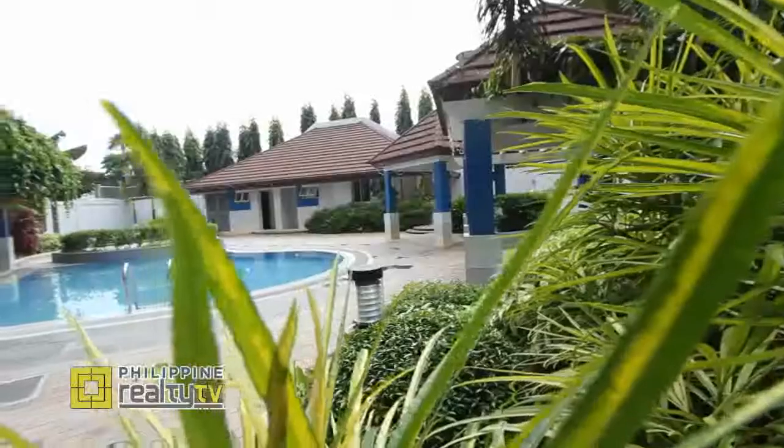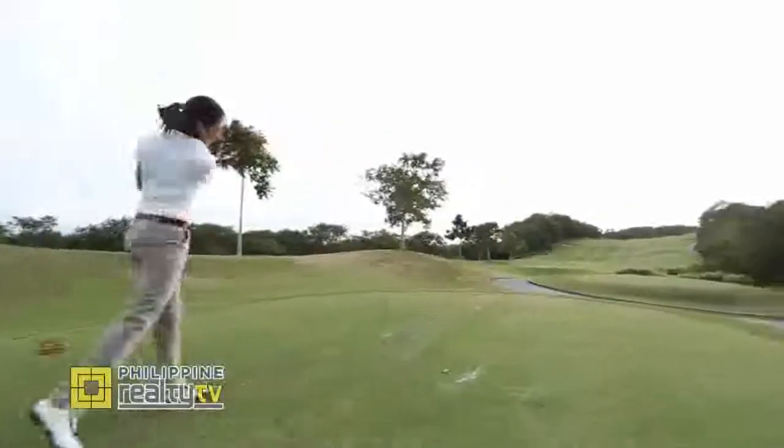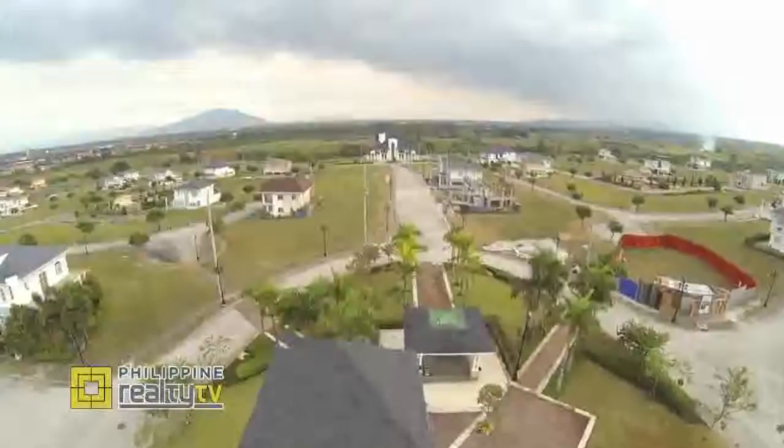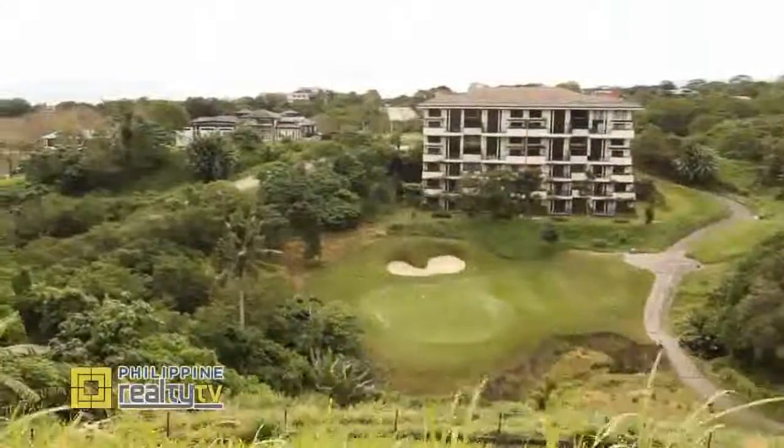Showcasing modern homes and amenities that complement a fast-paced lifestyle, but also soothing enough to serve as a calming getaway. South Forbes welcomes us to its diverse boutique community projects, fulfilling the promise of a life and